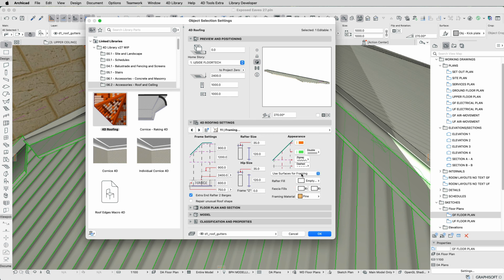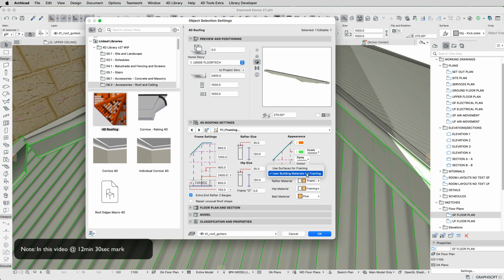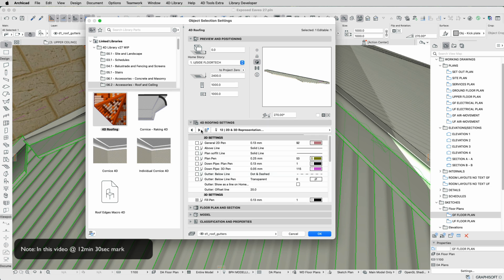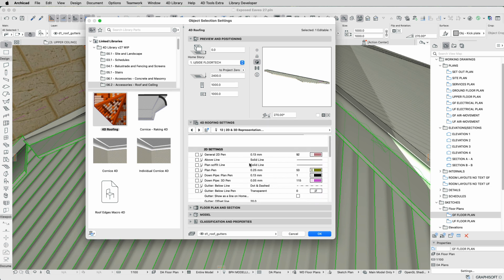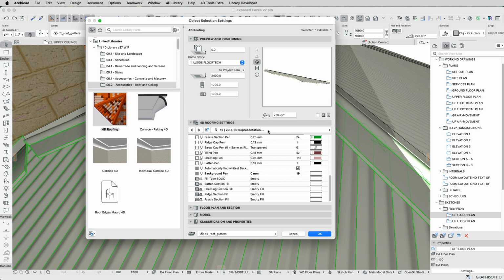Next, we have improved handling of building materials for the framing. We'll go through framing in the next video where we create exposed eaves. And next it's just the 2D and 3D representation. Okay,